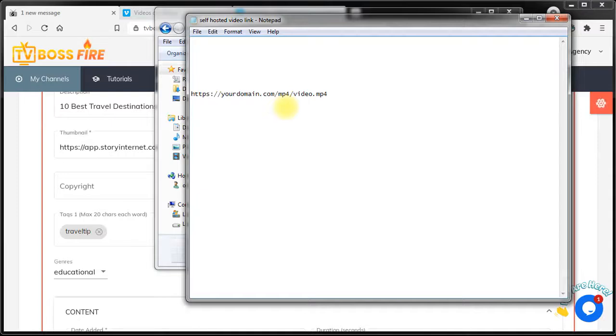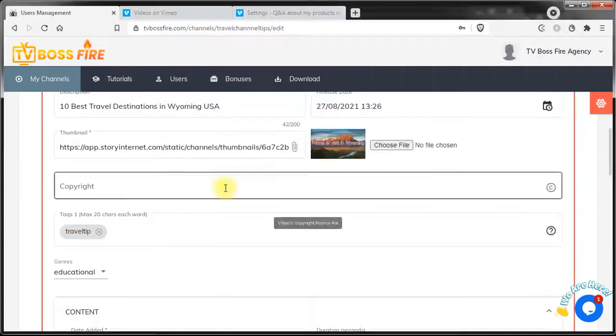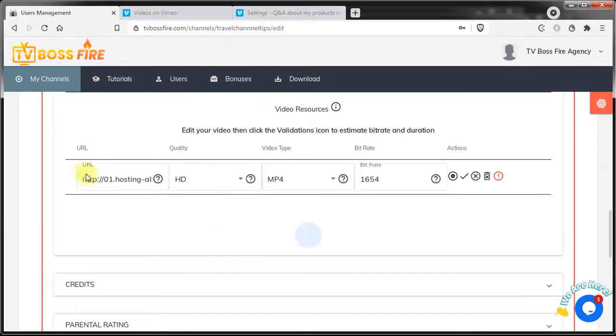After you have your video link, just copy and paste it inside the content field. Previously, in our setup, a self-hosted video, which I altered a little bit, kind of just to put in here, it will fail. If the validation fails, it usually is because you either didn't generate the file properly or CORS is not enabled. If you click this red sign, you'll see what the problem might be.